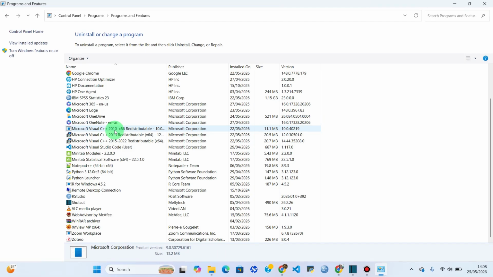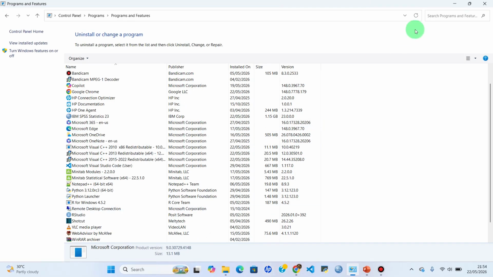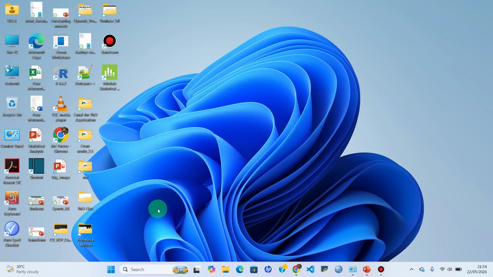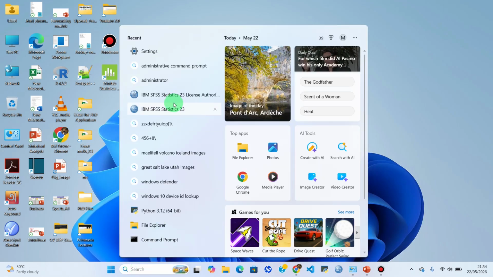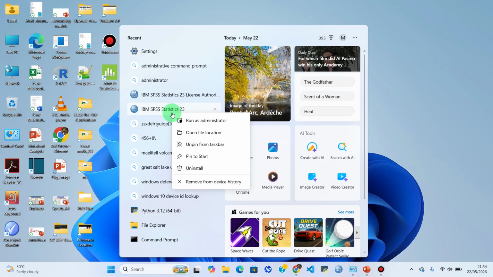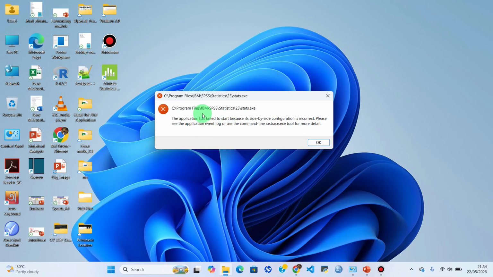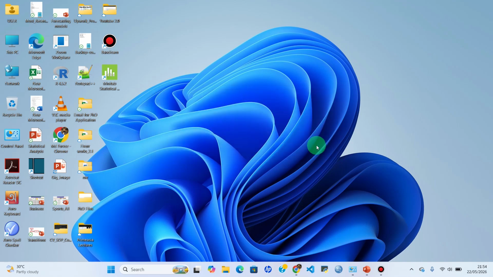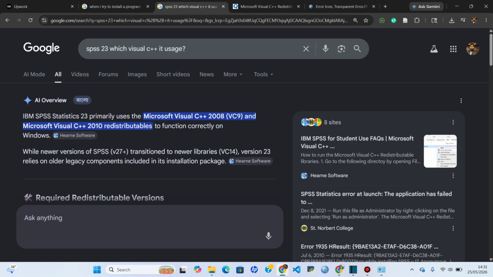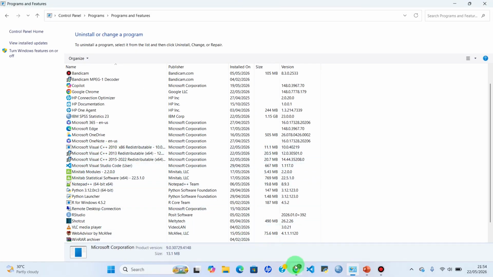Let me just show you what I am facing here. If I close it and try to run my SPSS 23 version, you can see that I am facing this problem. And you have also seen that it runs on Visual C++ 2008, and I don't have it in my control panel. See,